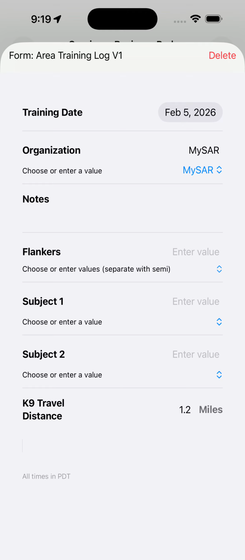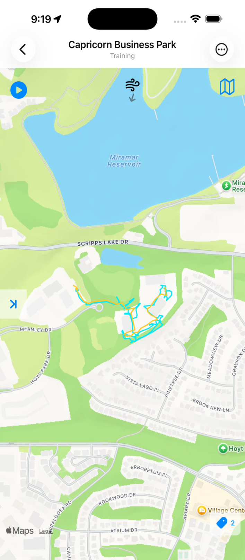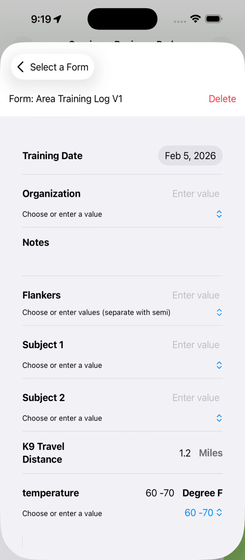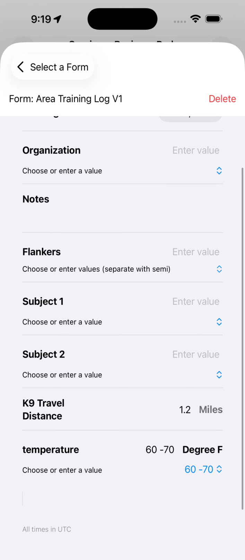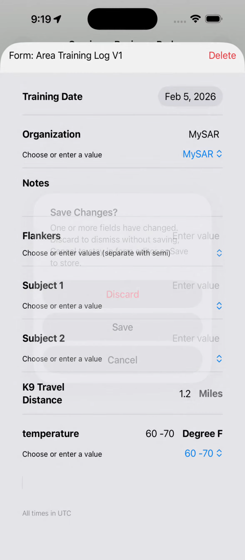For now, since I want to demonstrate this new field, I am going to delete the log and then create a new one. After deleting, simply tap Menu, then Log, and select the template we have been working on again. Obviously, our previous values are no longer there. But the new field shows, and notice it has selected the temperature range. And that is Lokate's